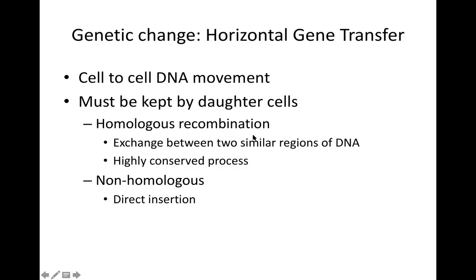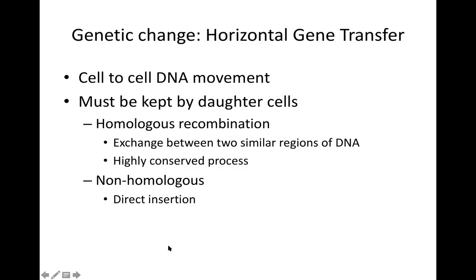In this case, we would say that DNA is kept by the recipient cell as it divides. So this is an effect that is not just one generation. This DNA is incorporated into the genome and then is part of all subsequent cells that come off of that mother cell. Primarily, what we'll talk about is homologous recombination. So this is exchange of DNA between similar regions, a relatively conserved process. And so again, when you're adding a gene, it is filling the space that was occupied by a similar